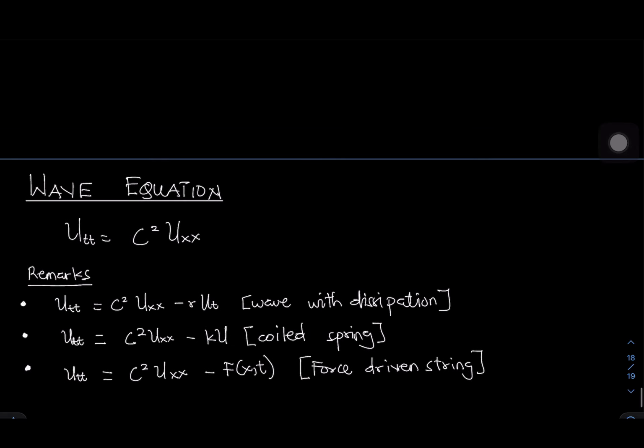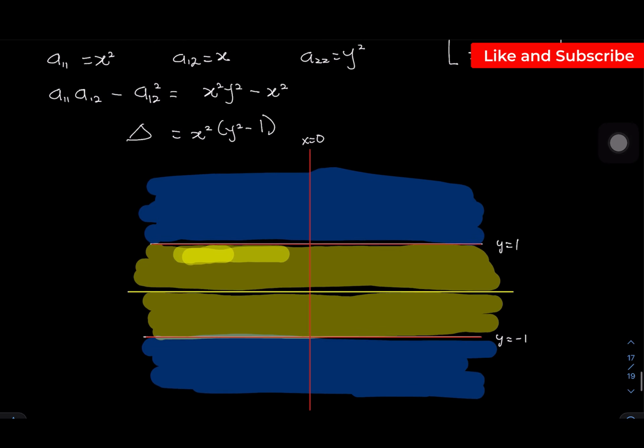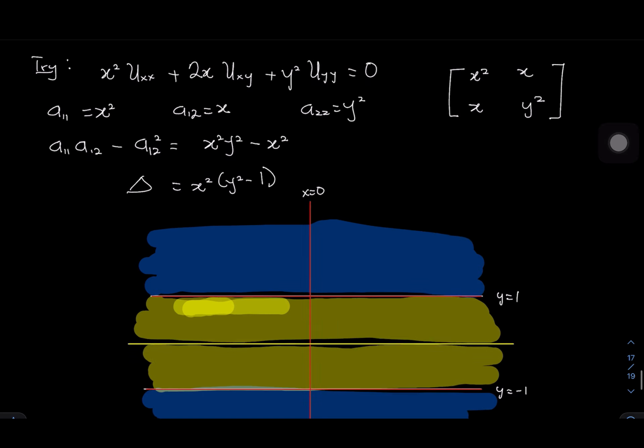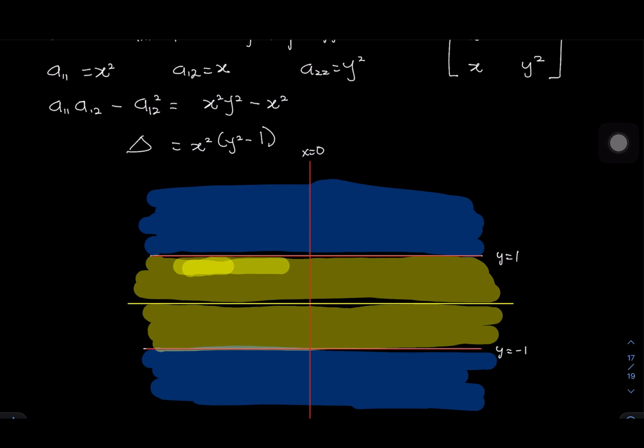But before we get into the wave equation, we are going to check the solution to the question I gave to you the last time to try. In this question, we're supposed to classify the second order PDE. If you write the coefficients as a symmetric matrix, your A11 is going to be x squared, your A12 is going to be x, your A22 is going to be y squared. And what you realize is that your delta becomes x squared multiplying y squared minus 1. So this means that the classification of the PDE is going to depend on the value of x and